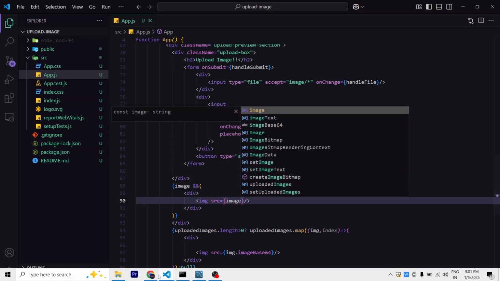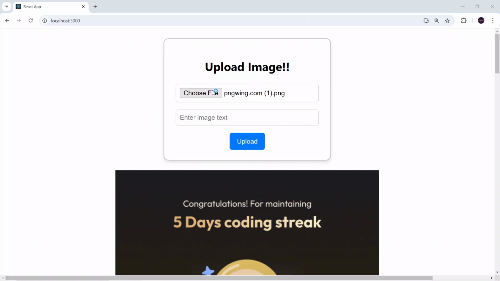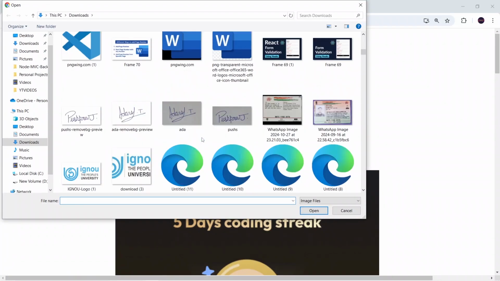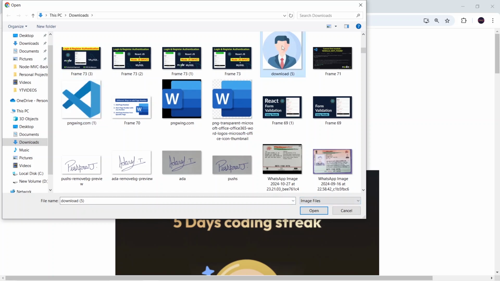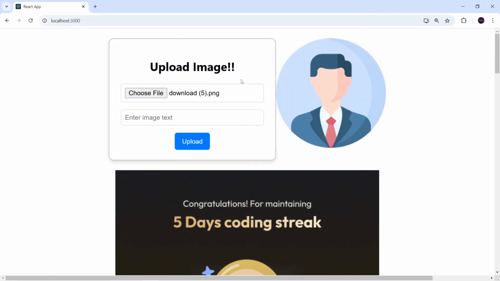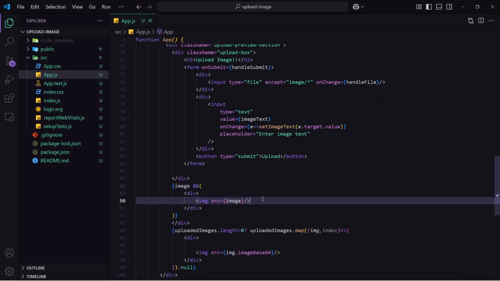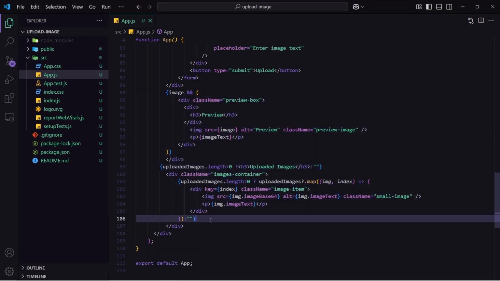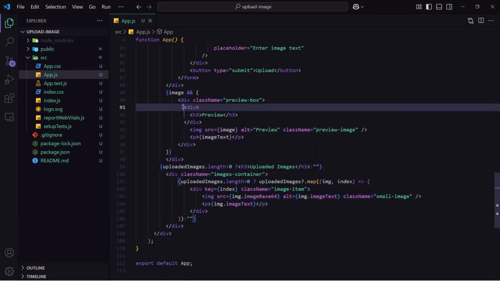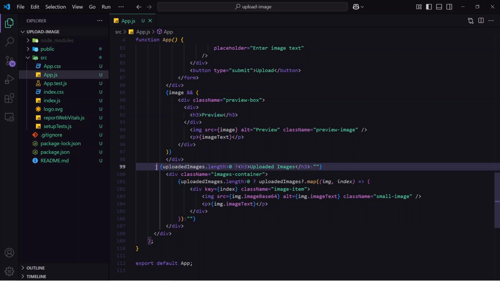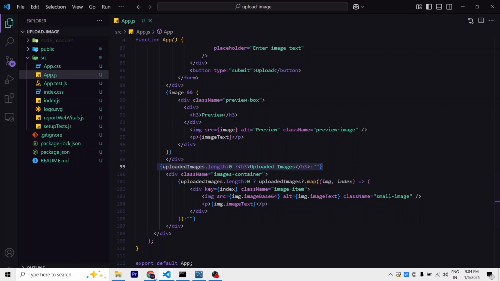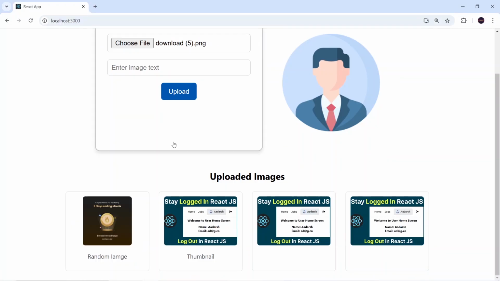I will save this. Let's go here. Nothing changed. I will click on this choose file, and I'm going to choose this png. Okay, not this one. Click on open, and you can see it is shown here. Now everything is done. Now let me just quickly write the styling for all of this. I've already written here, so let me show you the output after adding all the styling. Okay, you can see here I have added the styling, like here I have written the condition. I am showing the heading also, and here to show the heading also I have added the condition uploaded image dot length. And if I show you the output now, you can see this is looking very good.